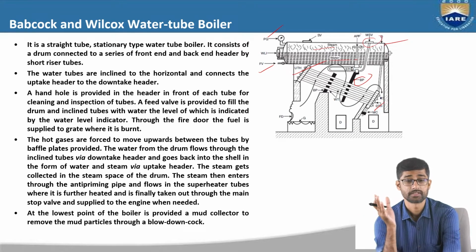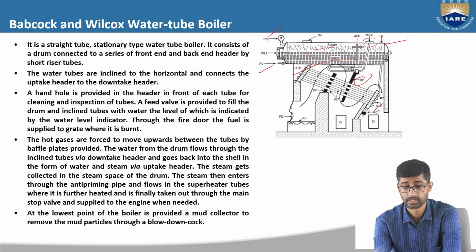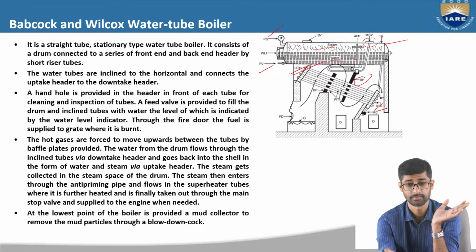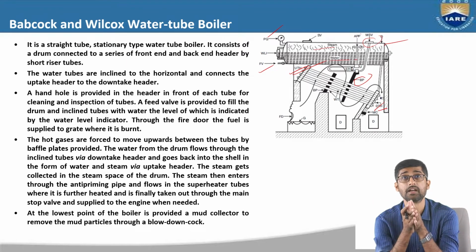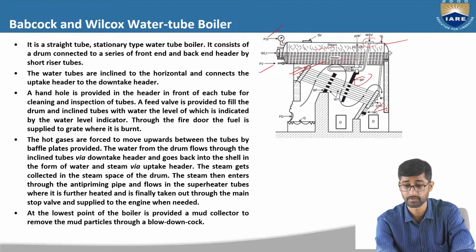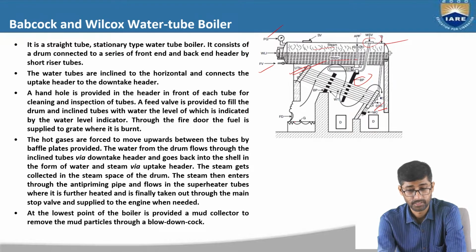So it is a straight tube stationary type water tube boiler. It consists of a drum connected to a series of front end and back end headers, the downtake header and uptake header, by short riser tubes. The water tubes are inclined to the horizontal and connect the uptake header to the downtake header. A hand hole is provided in the header in front of each tube for cleaning purposes, and a feed valve is provided to fill the drum. Through the feed valve, we are filling the drum,